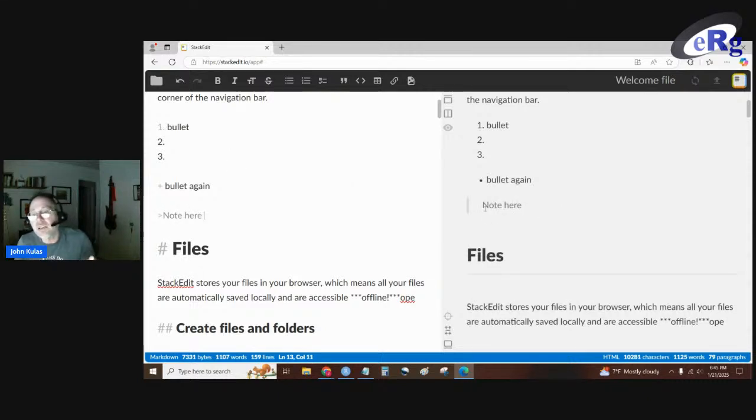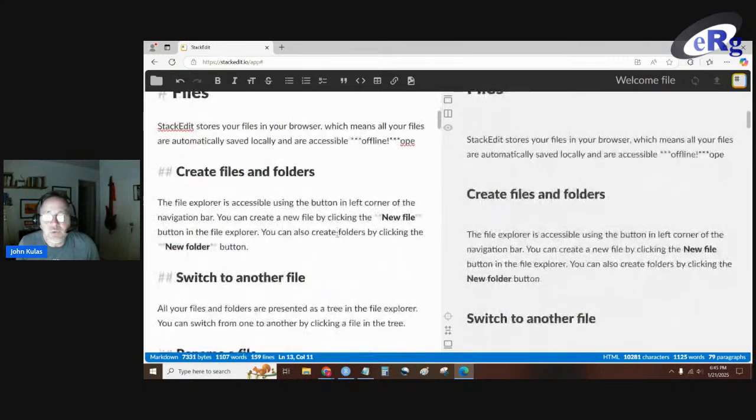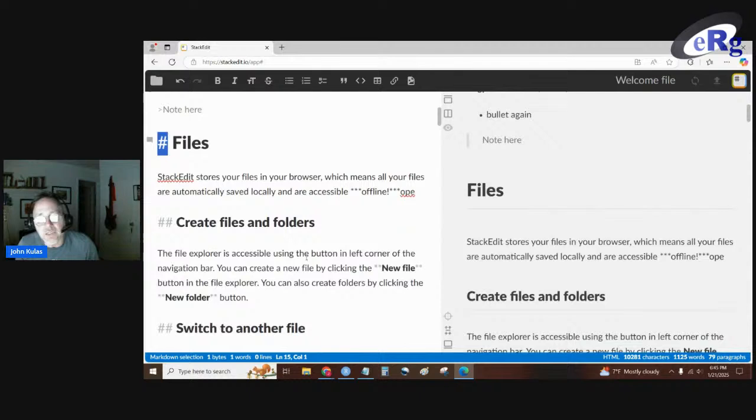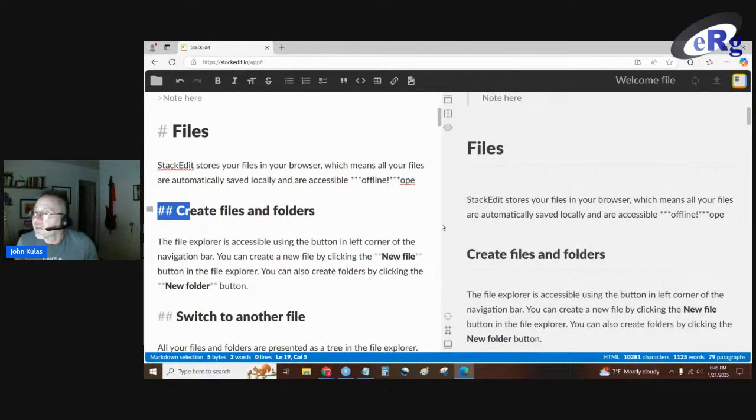Now you see on the right, you're getting a little vertical line there and a little shadowing, a graying of the text itself. And so these are the types of format. The single hashtag is a first level header. Two hashtags are second level headers.